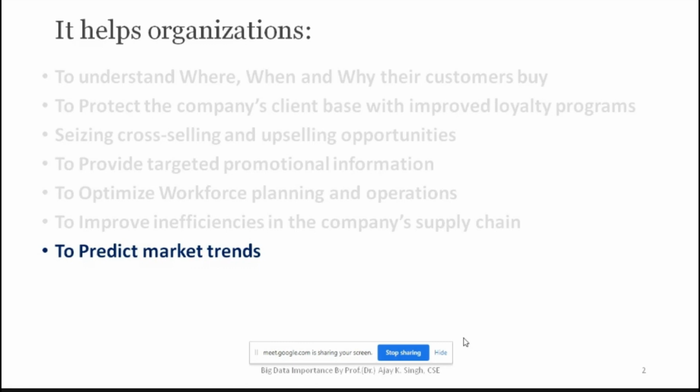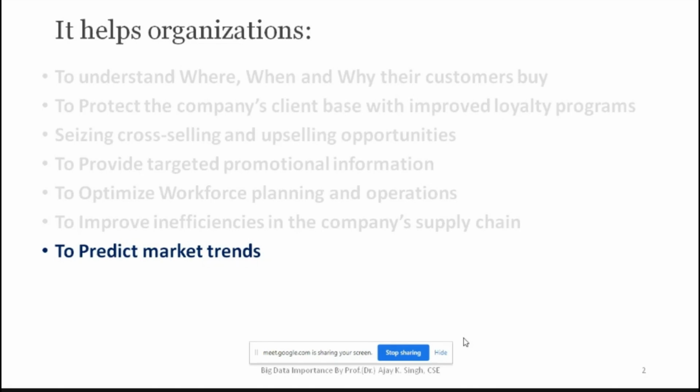Fine. Now, you're going to see how many persons are crossing by. That analysis is there, so you are going to benefit. At the same time, you are supposed to give the rent for that particular shop. At the end of the month, whether you will be benefited or you will be in loss, isn't it? So a lot of analysis has to be taken care of nowadays. So it is going to predict the market.